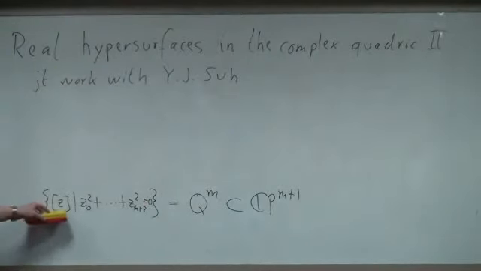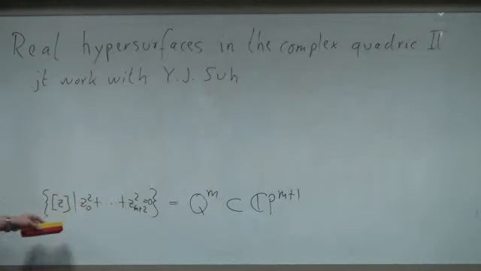Yeah, so these are homogeneous coordinates, and this symbol denotes the complex line spanned by the